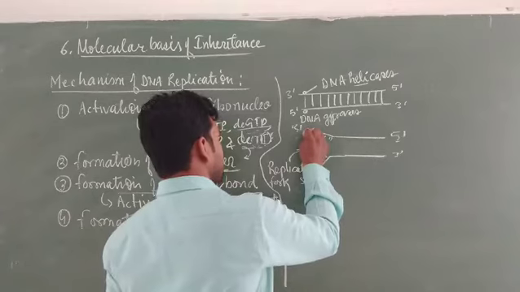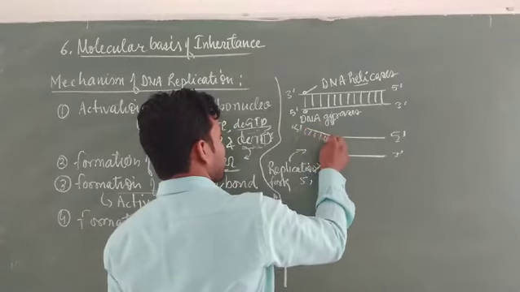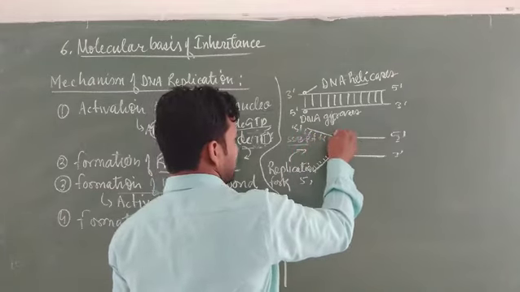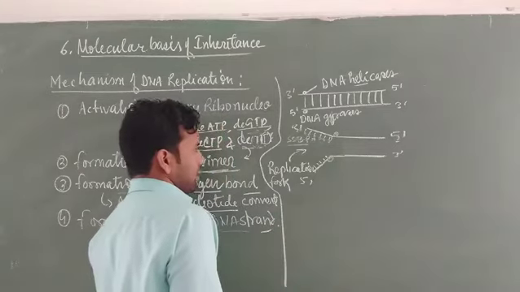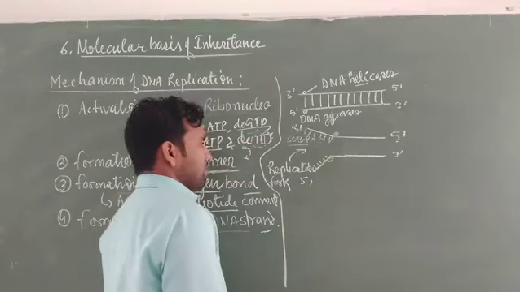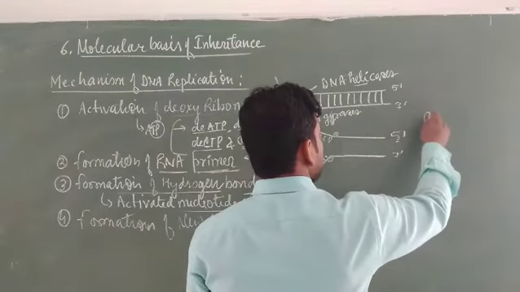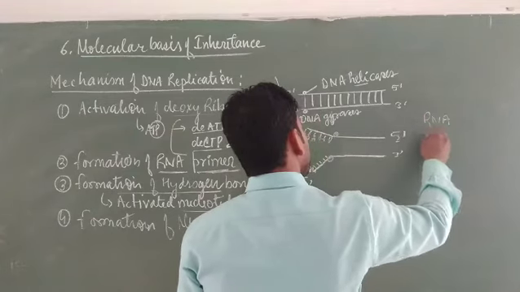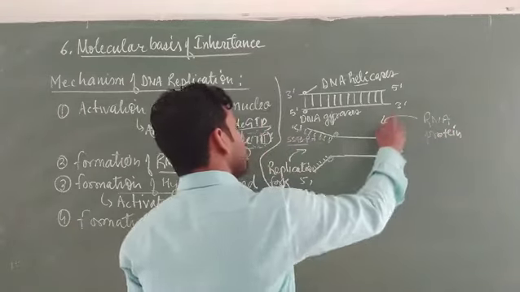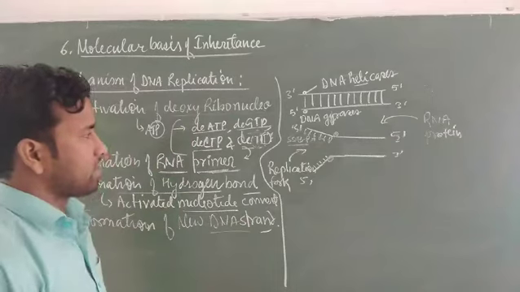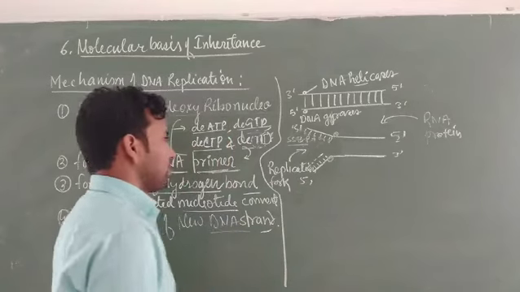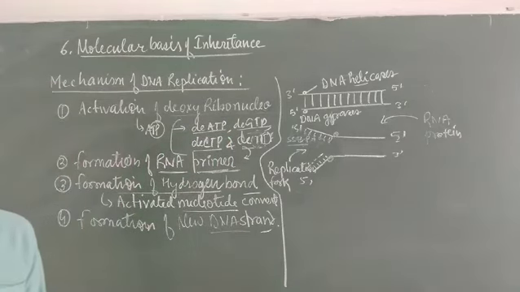The replication fork is maintained by a protein called SSB protein, single strand binding protein. Here two enzymes are used, generally DNA helicases and gyrases. Now this SSB protein is further replaced by the RNA primer. RNA primer is generally a short polynucleotide chain that comes in contact with this DNA, and they attach with the opening end of the replication fork.